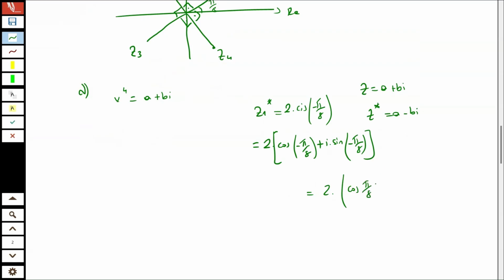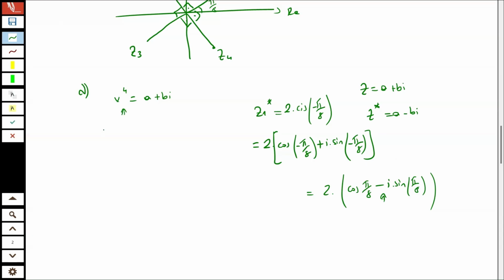It's gonna be the same with the positive, and the sine will be negative if the degree is negative, pi times sine pi over 8. So we can see from here the sign of the imaginary part is changed. In this case, we can write